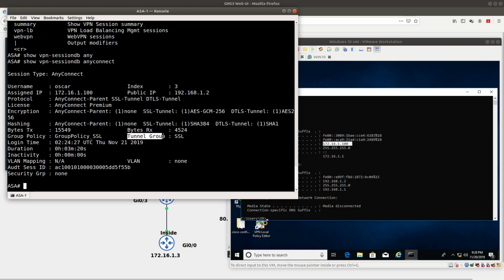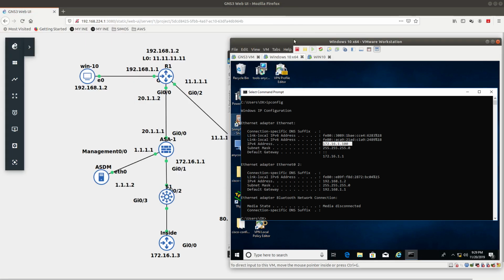You can see the tunnel group that we're using, and tunnel group means it is the connection profile, which is called SSL. And you can see the duration of this, the inactivity, and you can also see the login time. So what time this username was logged into this SSL AnyConnect VPN. So you can see a lot of good stuff by using the show VPN session DB AnyConnect. Okay, so